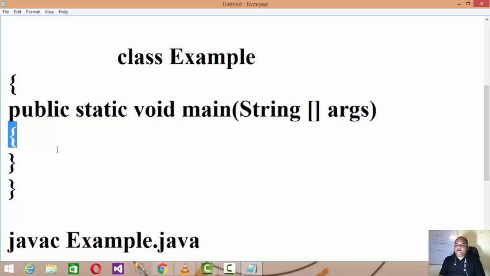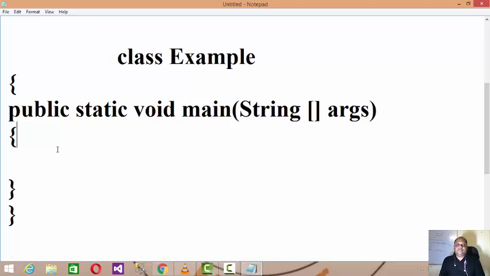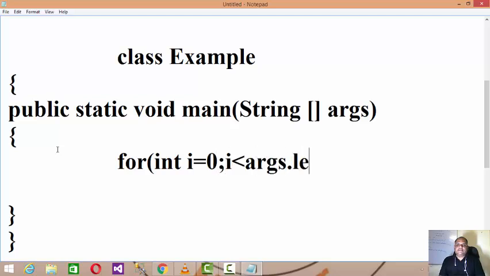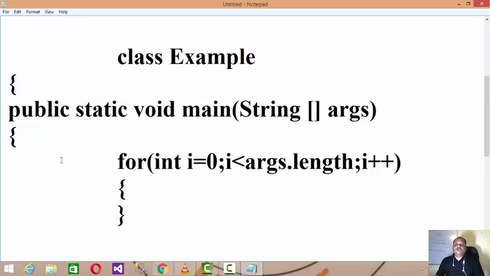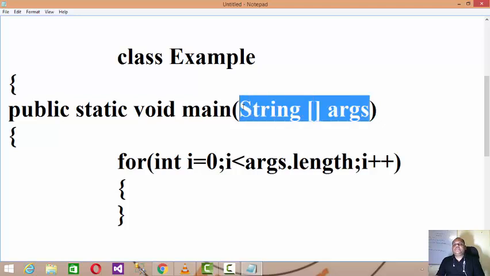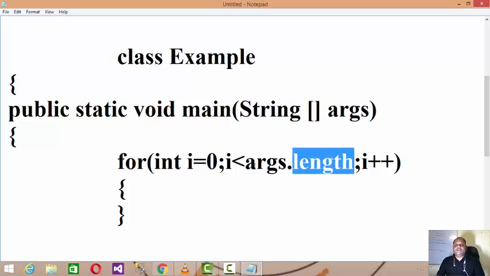Now if I write the condition like this: for int i equals 0, i less than args.length, i plus plus. In Java, if you want to know the length of an array, dot length is a property.